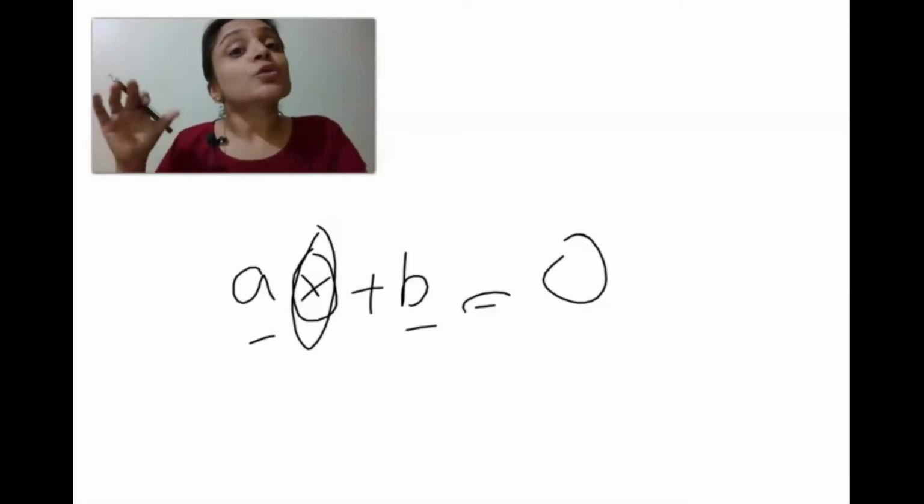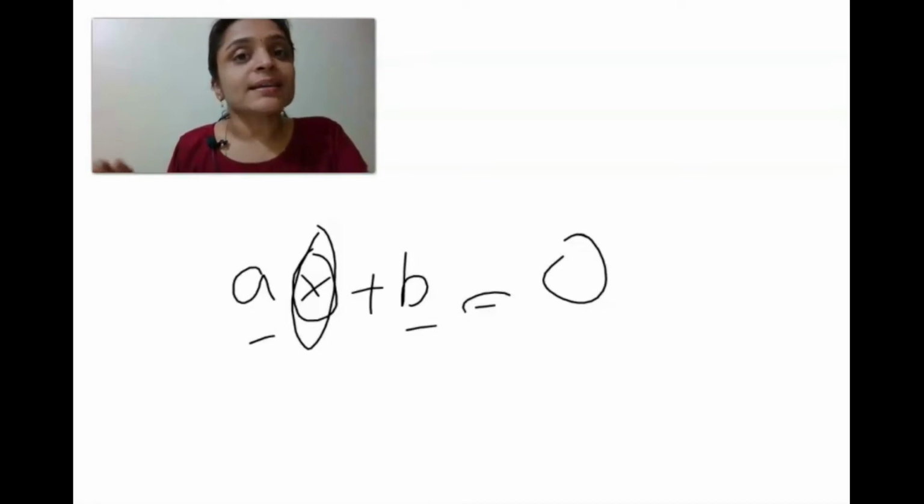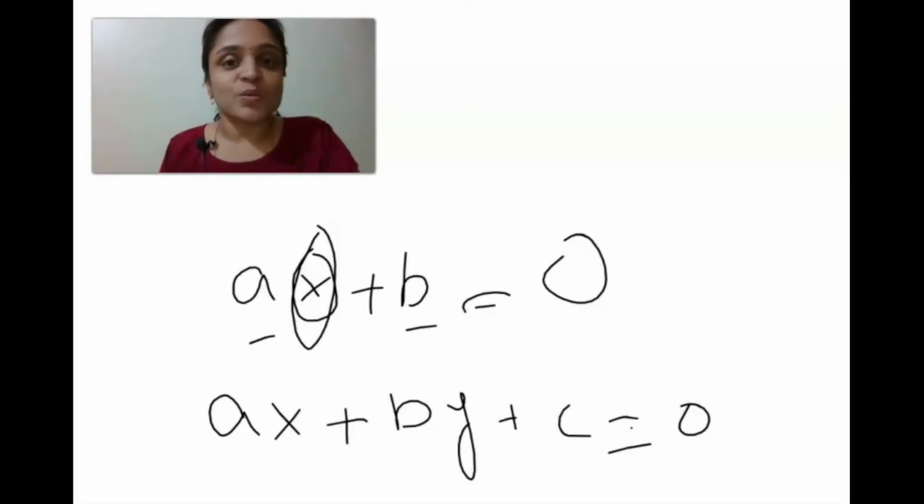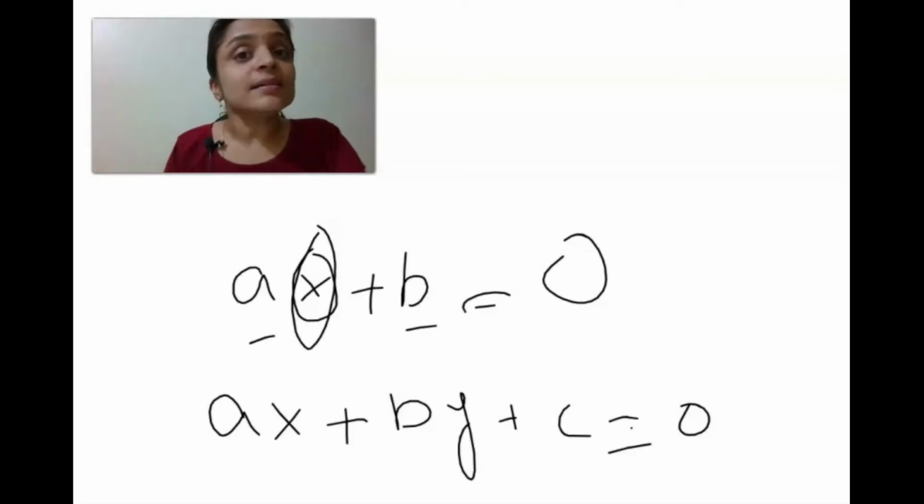And if there are two variables, then it is called a linear equation in two variables. So let us say ax plus by plus c equal to 0. How many variables are there here? a, b, c are the constants and x and y are the variables. So there are two variables x and y, and here also the degree is 1, that is, the power of x and y is 1, which means the degree of this equation is 1, and that means this is a linear equation and has two variables, that is, this is a linear equation in two variables.